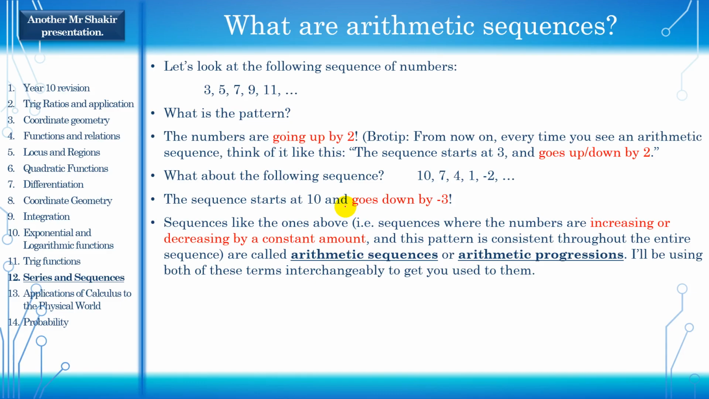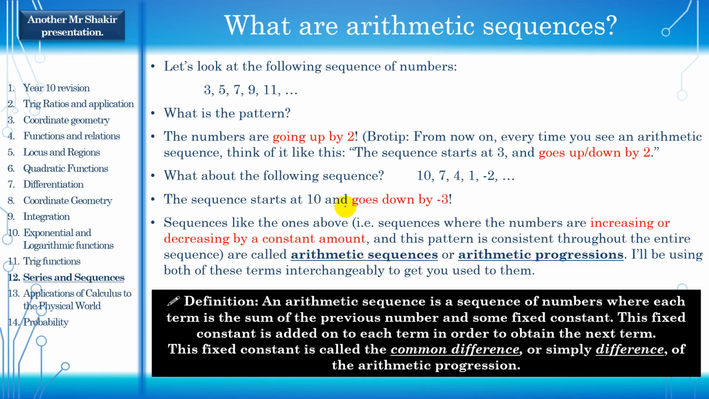And that is the pattern. If this pattern is consistent throughout the entire sequence, we call this an arithmetic sequence or an arithmetic progression. So if the numbers are changing and they follow a pattern, and the pattern is such that they're going up or going down by the same amount, then we call it an arithmetic sequence. And I'll be using both arithmetic sequence and arithmetic progression